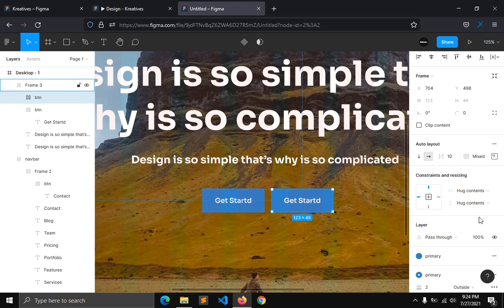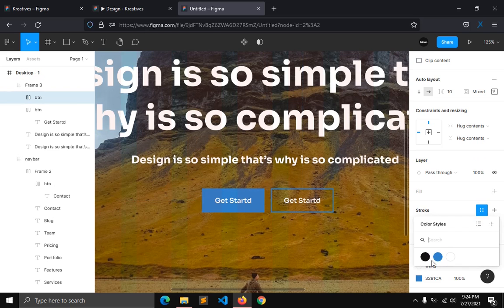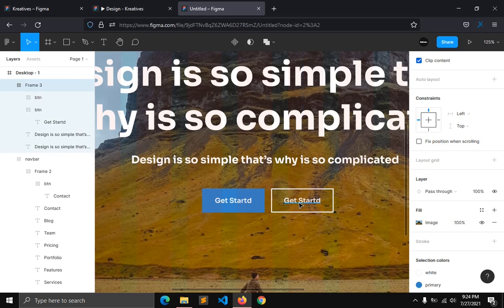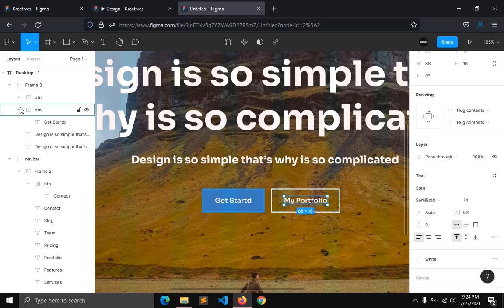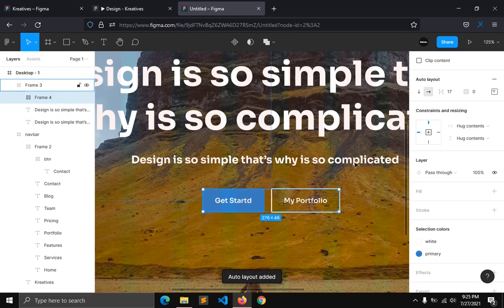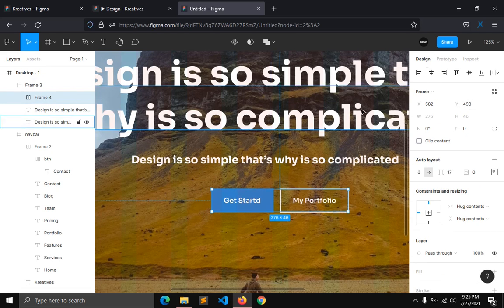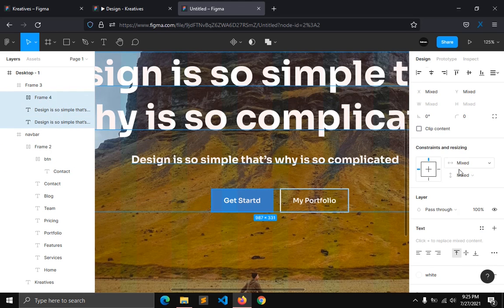I'm gonna duplicate fill color. I'm gonna remove the fill color and the border color is going to be white. Okay. I'm gonna select this button, Shift A, okay, auto layout, and it will be in the center. I'm gonna select the text and the button. Okay,